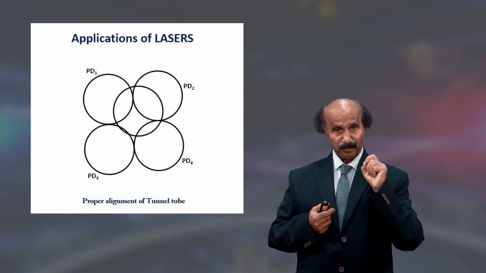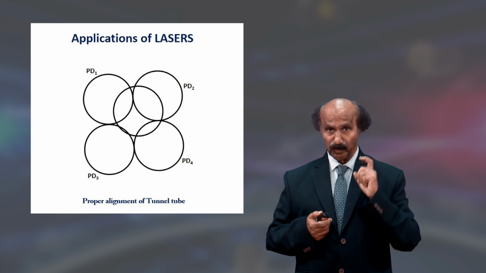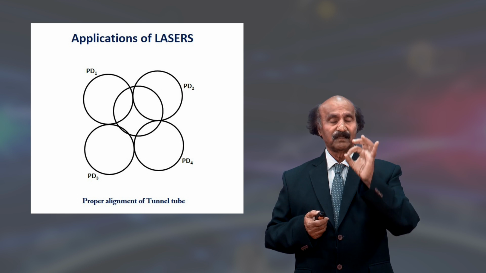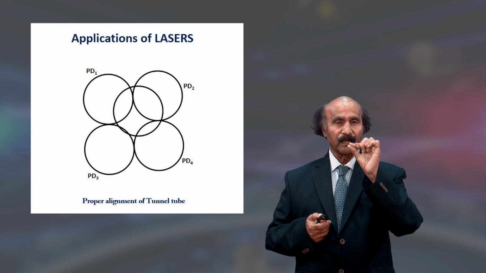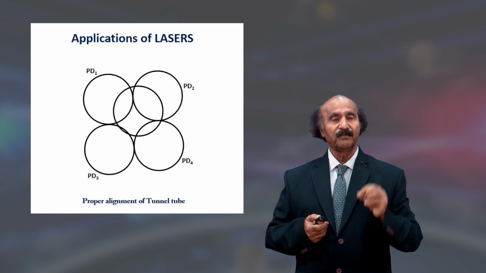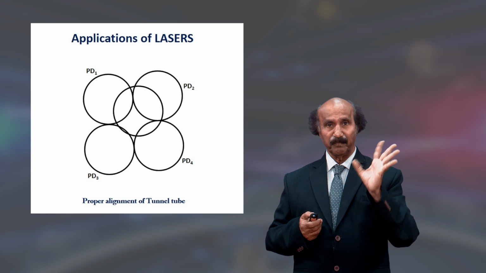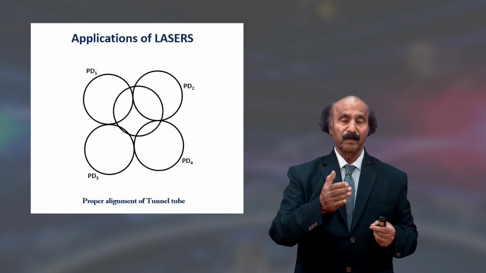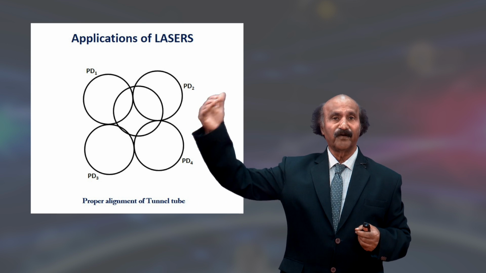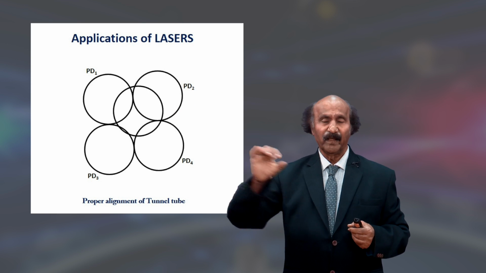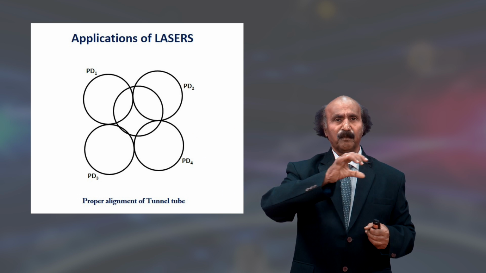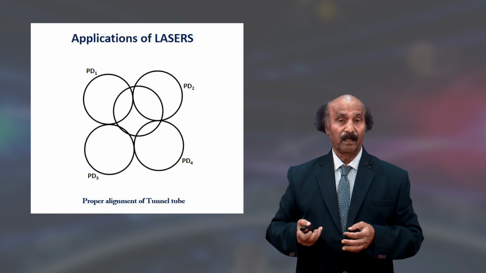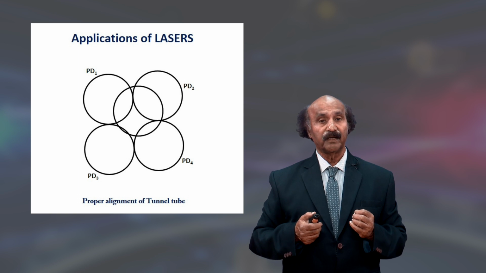You see, when the laser beam comes out, as shown in the figure, it comes out as a simple circular beam of 3 millimeter or 4 millimeter diameter. But as it travels, 3 millimeter will become 4 millimeter, 5 millimeter, 6 millimeter, like that. It will become a cone of light with very narrow divergence as shown here.